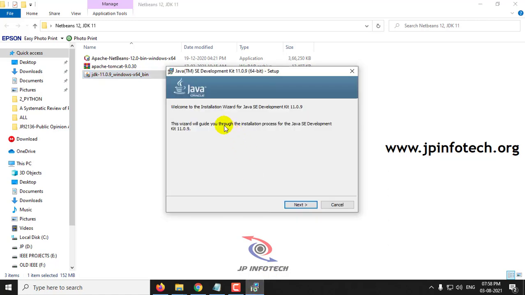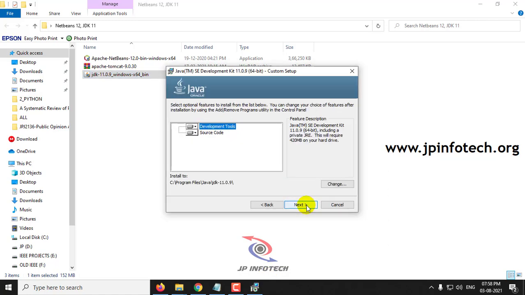Now you can see the welcome to the installation wizard. Click next. It shows the installation path where it is going to install. I'm not going to change it, I'm going to keep the default path and click next.